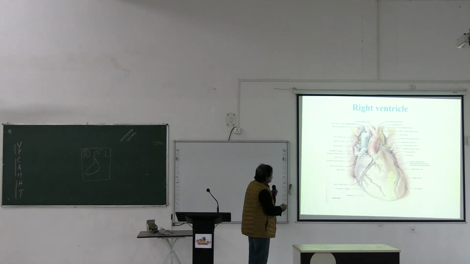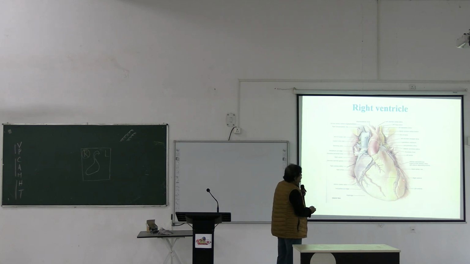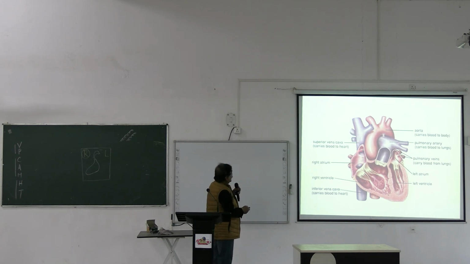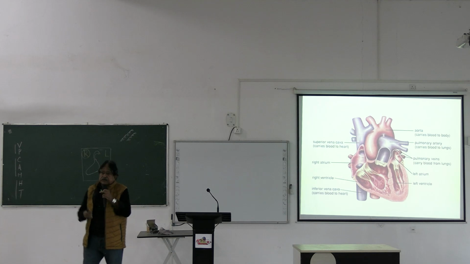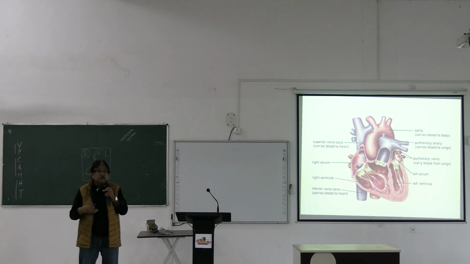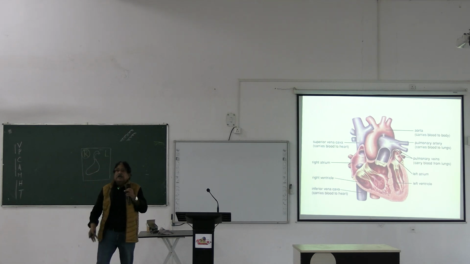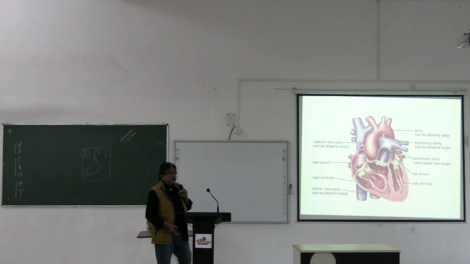This is the right coronary artery, this is the left coronary artery, this is the right ventricle, this is the left ventricle. This is the superior vena cava, right atrium, right ventricle, inferior vena cava, left atrium, pulmonary veins which carry blood from the lungs, and left ventricle, the aorta carries blood to the body. This is the aorta, and this goes down here, and when you read, you have seen in thorax, from the thoracic cavity, it goes to the abdominal cavity, pelvic cavity, it bifurcates and goes to the lower limbs.